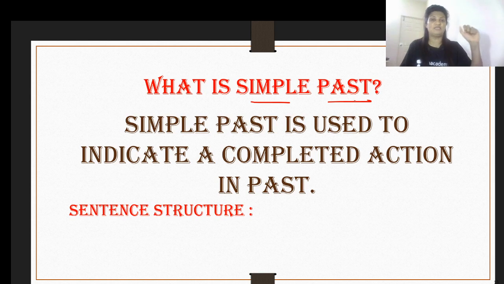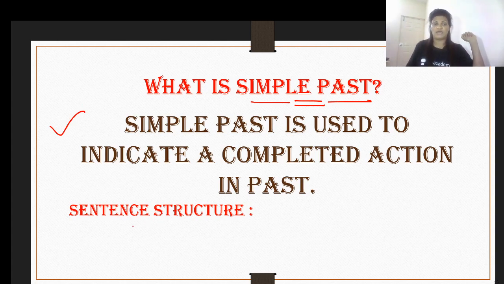Well, it does mention a past action which is completed. The actions that we are referring to in simple past are definitely completed, but it doesn't give us the exact moment of when the action started or when it actually completed. It has been mentioned simply in past tense without referring to the beginning or the completion of the action, but it is a completed action in past time. That is what is referred to as simple past.